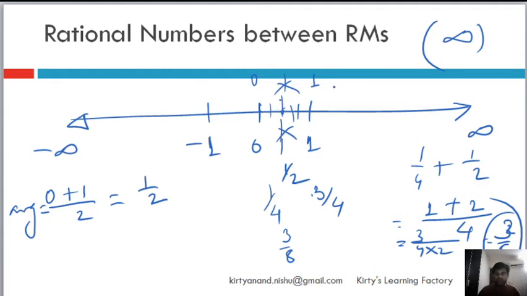I can also choose to divide it in 3 equal parts and then take the midpoint and midpoint and midpoint. And I will continue to get numbers between 0 and 1, and you can continue all night, all life, and you will never stop. So what does it tell us? It tells us that between any two rational numbers, we can find an infinite number of rational numbers. That's what it tells us. And the easiest way to find rational numbers between two is to take the average.